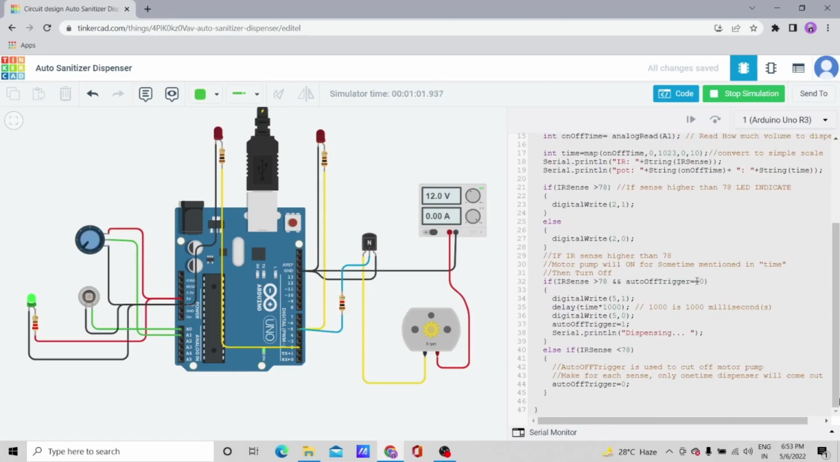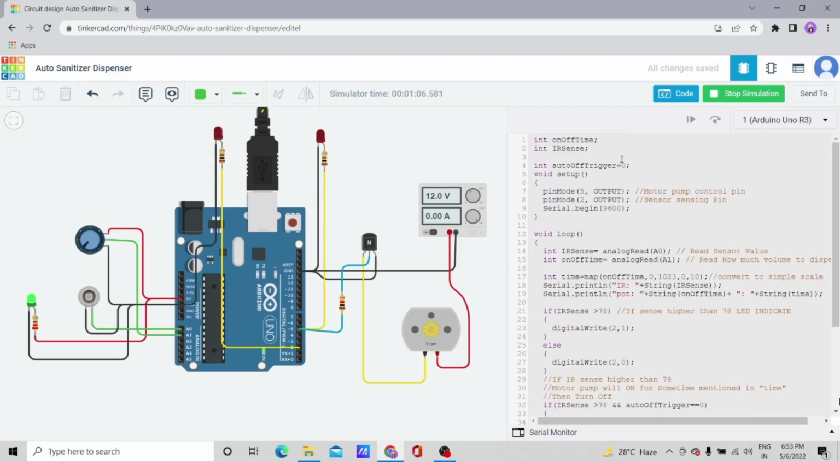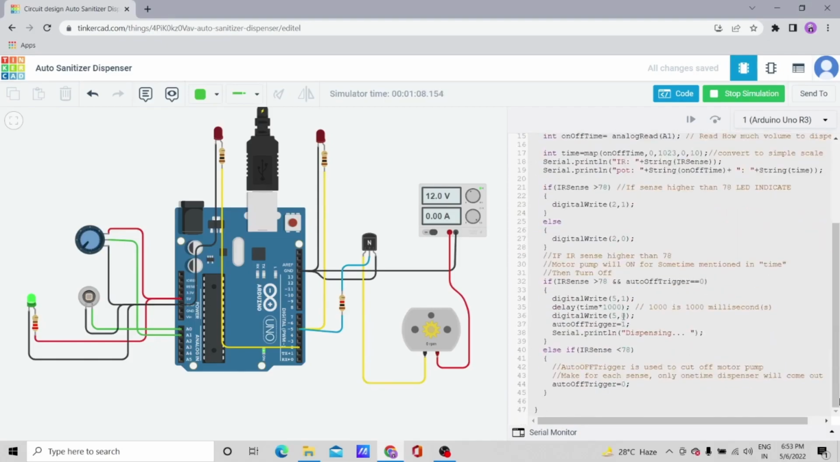And here is the loop condition for the working of this circuit. If IR sense is greater than 78, that means our sensor is getting some input, as well as auto off trigger is equal to 0. Initially I have assigned it 0, so for the first run it will evaluate to true, and all this block of statements will get executed. So here digital write 5 to 1, delayed,